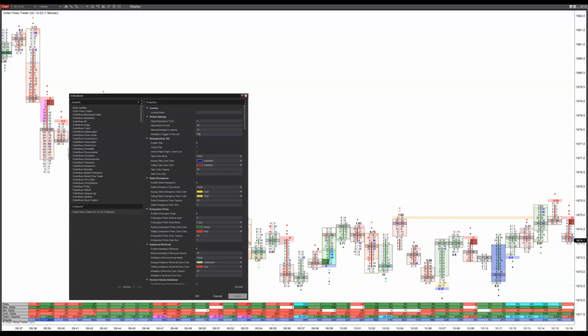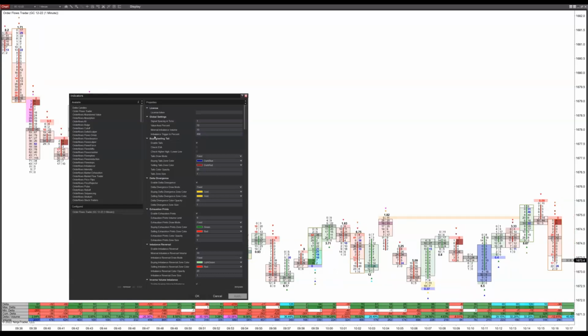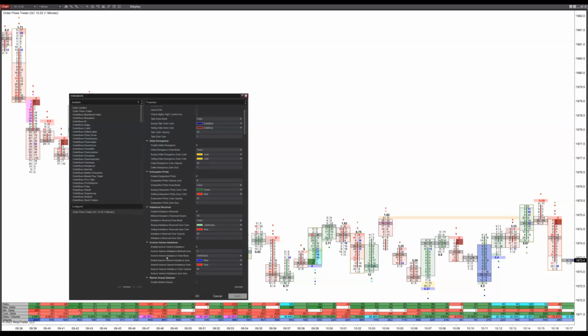Again, you could adjust that. Say you want to use 3 to 1, you just change it to 300. Again, it's in percent, so it's 300%, meaning it's going to be 300% greater. If you want a higher number, 10 to 1, set it at 1,000. And again, that imbalance trigger in percent is going to affect anything that is imbalance related, imbalance reversal, inverse